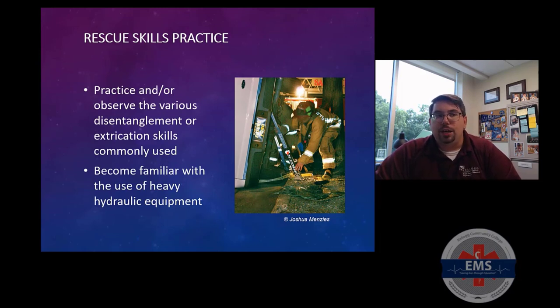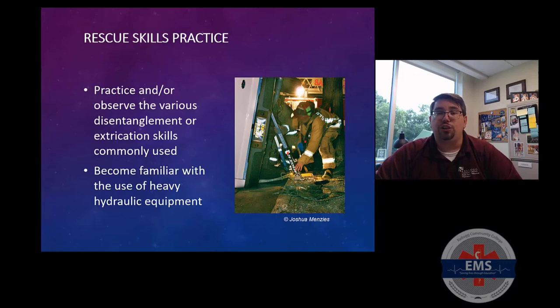We know that practice and/or observing the various disentanglement or extraction skills that are commonly used is going to be a great tool for you. You're going to gain a lot of experience throughout your clinicals, your internship, and then as a provider as well. Make sure that you become familiar with the use of the hydraulic rescue equipment, the jaws of life, or